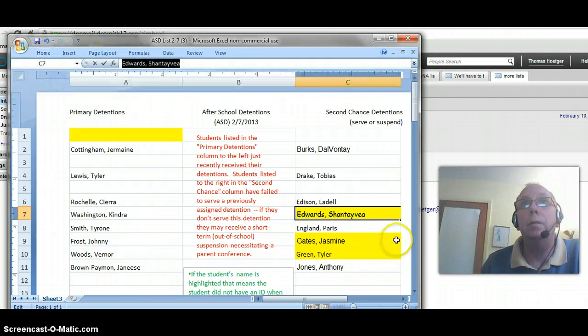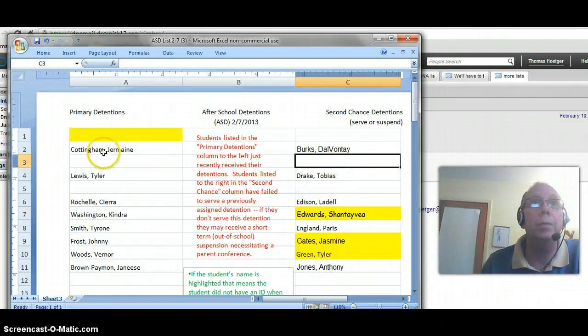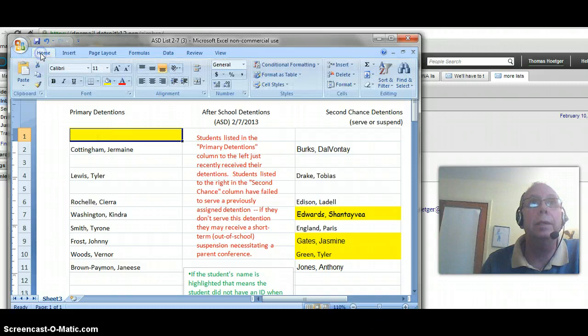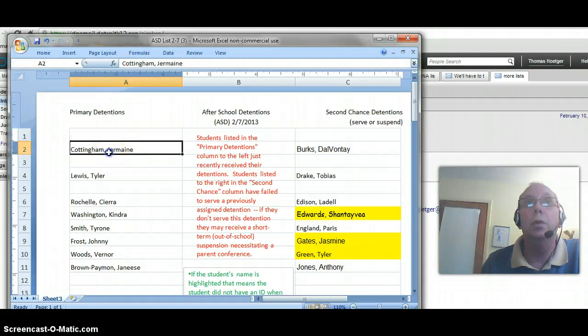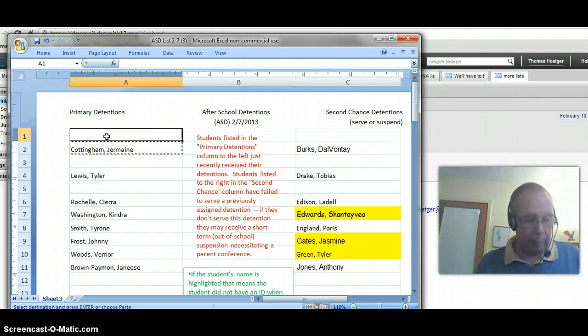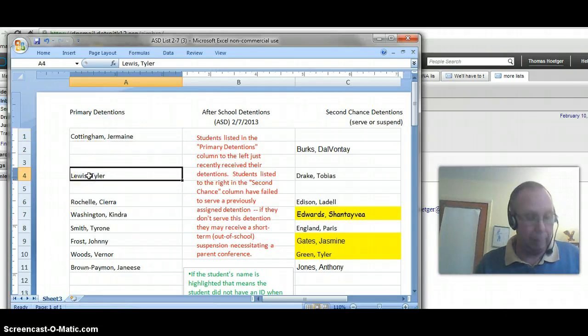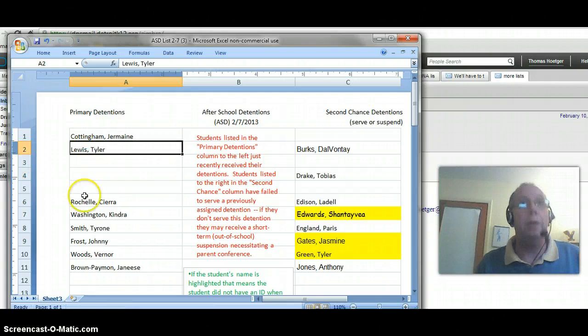So her name is no longer in boldface type. So now she just has to serve one more detention. Then I'm going to clean things up. These highlighted names are students who I don't have an ID for. So I'm just going to put all the names in one neat row. I'm just cutting and pasting here,